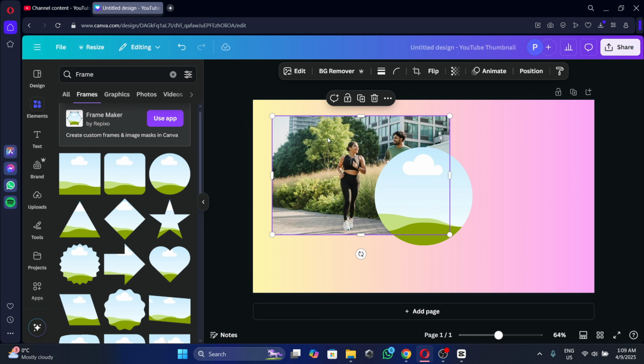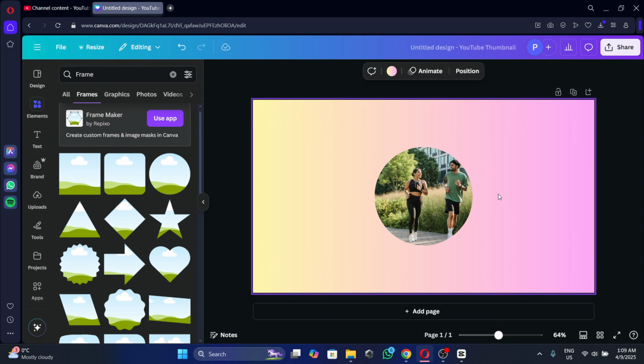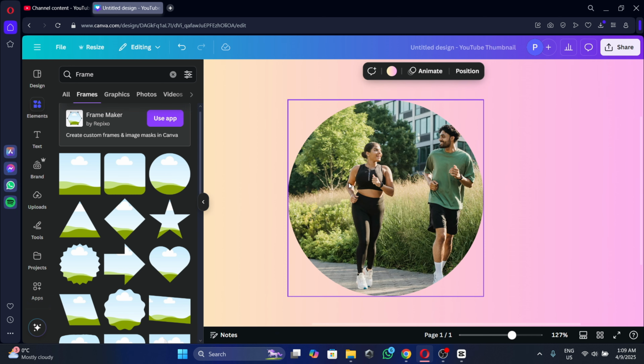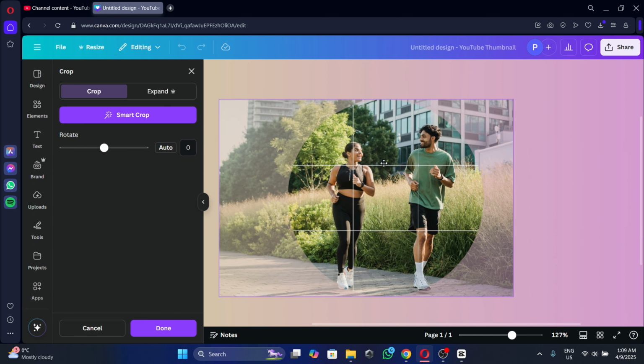Now to put this photo on this frame, all you have to do is click on it, select it and drag it over it. As you can see now, we have to transform it. To do that, all you have to do is double click on the frame